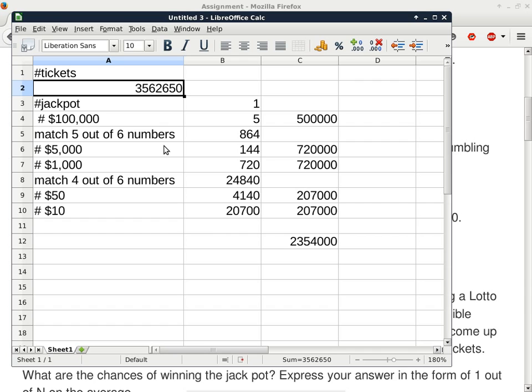How would it change if you return the ball to the basket again? So after you draw each ball, you put it back into the basket. Would the ordering still be important? The ordering is not important.